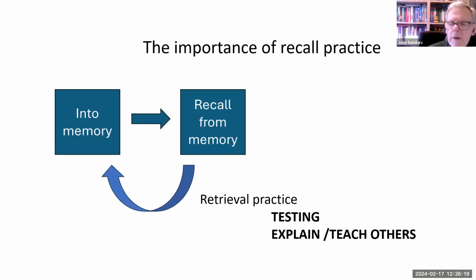Because then the way that we learn is that once we've got this information in our brain, we then need to recall it, what's called retrieval practice, through testing. You can explain, or getting students to explain or teach it to others, because then they begin to reinforce what they know, what they don't know, what the differences are, what the similarities are, which then builds again into their knowledge structures, their schema, to get it into their memory.